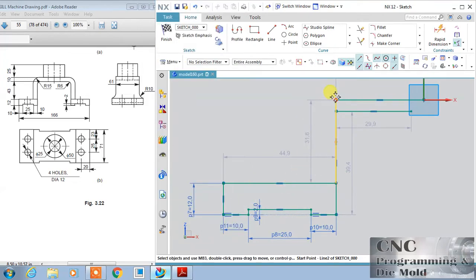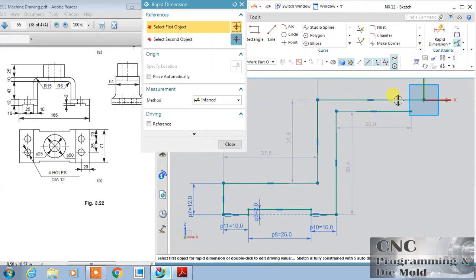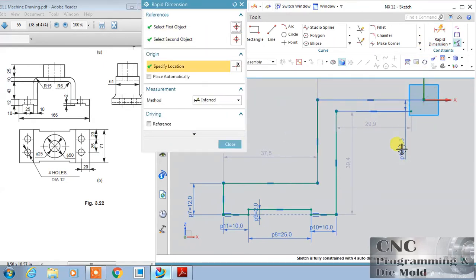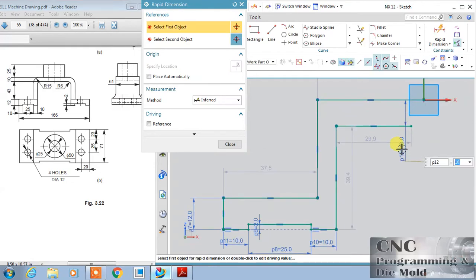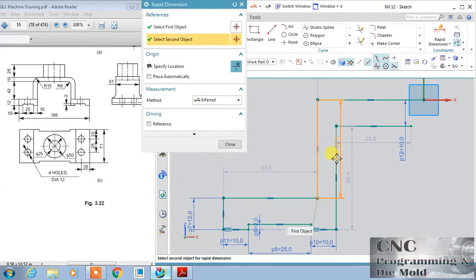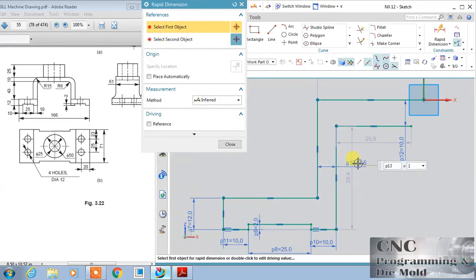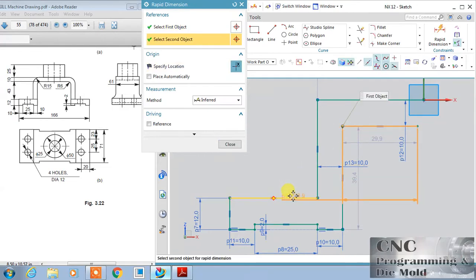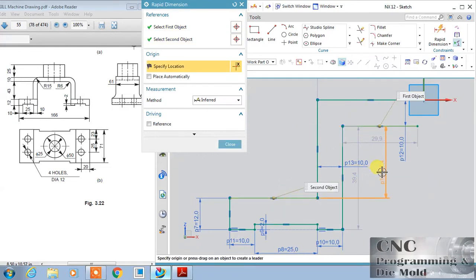Close, and there is some radius here, and the gap between these two is 10, and between these also the same gap is there, so change it to 10. Now this inner distance between this line and this is 43.